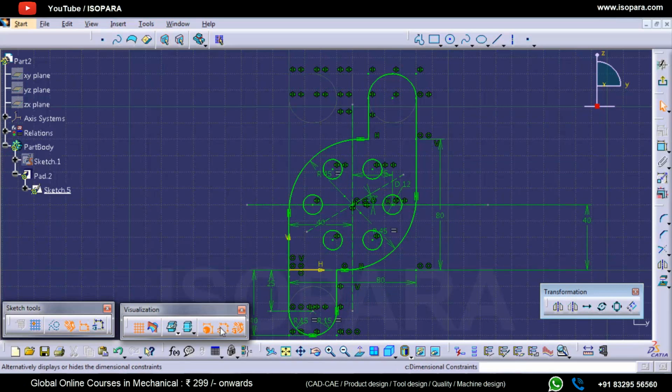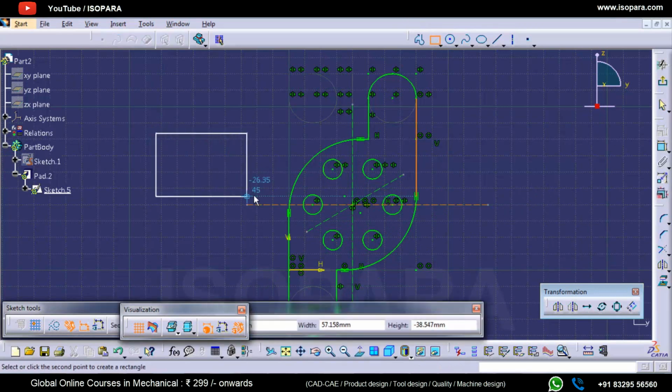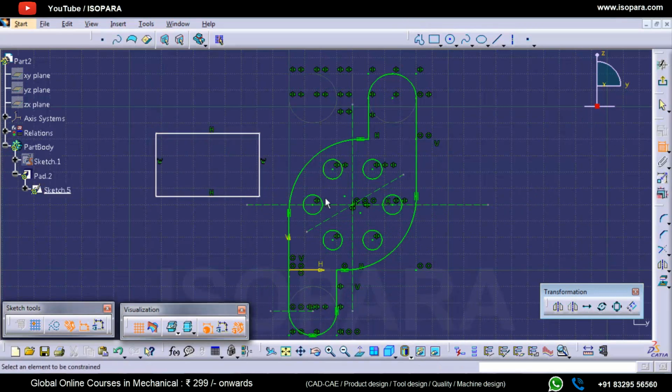When they are clicked once, they will always work and will show the dimensions. Otherwise, if they are not checked and I am creating a rectangle and a new dimension, the dimension is created but it is not shown to you. If I turn this on, you will find that the dimension is created here.